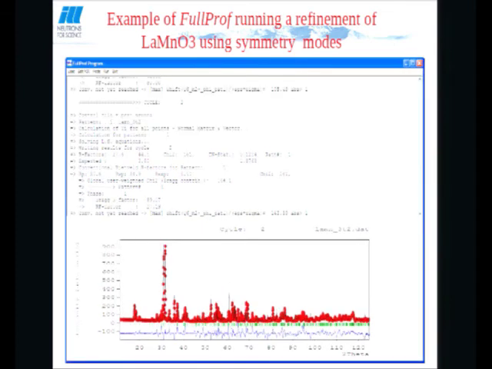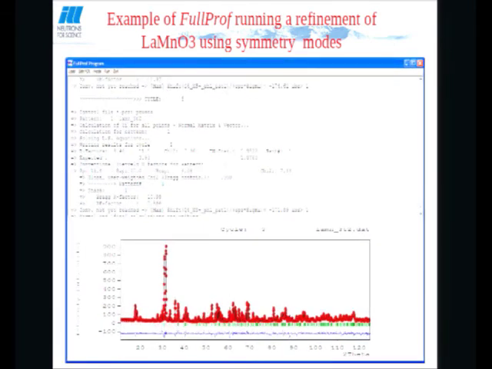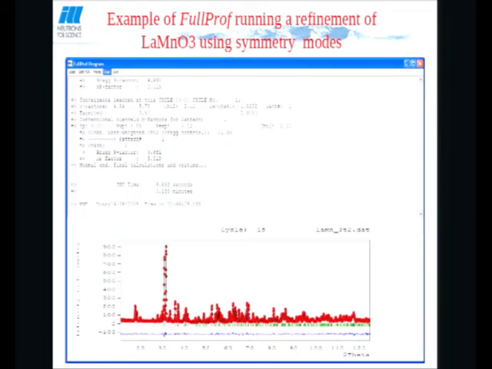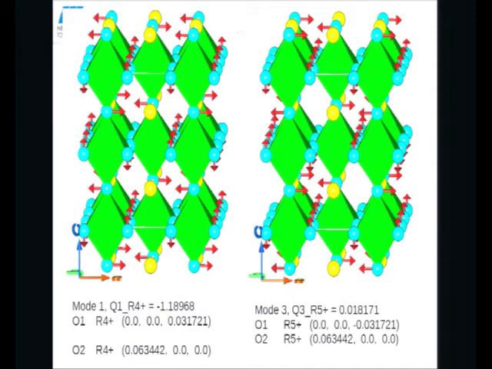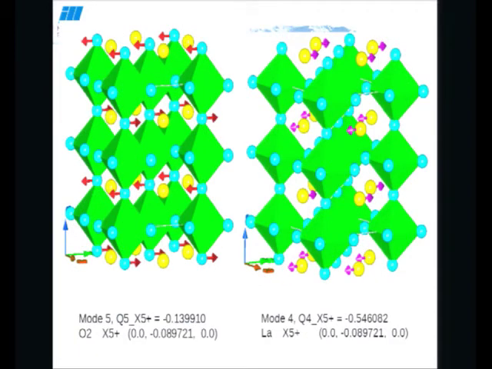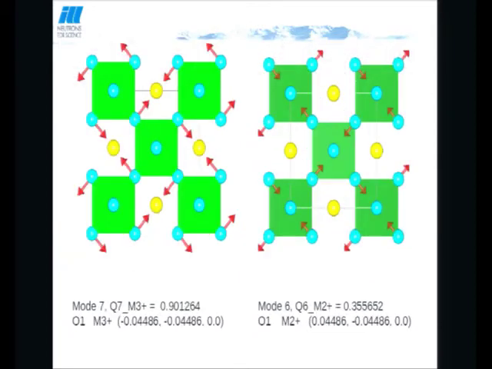So this is an example of the refinement converging all the modes involved. And once you've done that, you can directly plot the different modes either independently or combined together in FullProf Studio. So for example, here you can see all the tilt modes, the rotating modes of the octahedra, and you can combine all these modes together to create either an average structure or to look at them individually. And to say, okay, that's a primary mode, this is a large distortion of my structure, this is a smaller mode, a secondary mode,